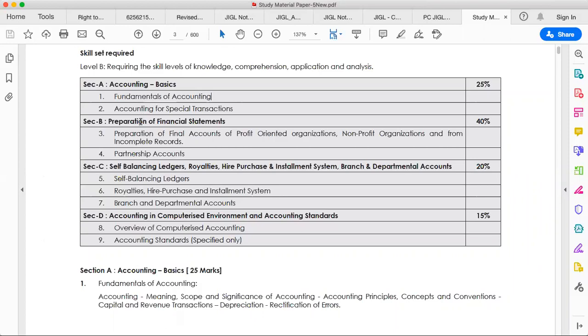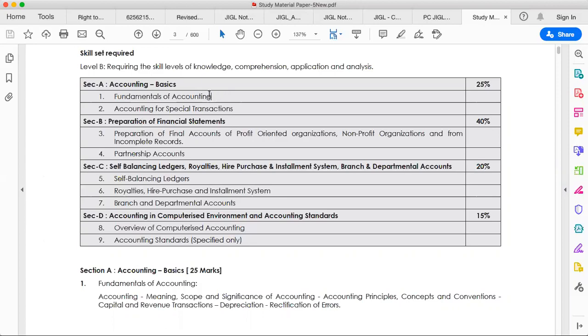Then the second part is preparation of financial statements. That also you have studied, like preparing balance sheets and all these things. Self-balancing ledgers, royalties, hire purchase, installment system, branch and department accounting come in part 3, and part 4 is computerized system, accounting in computerized environment and accounting standards. The first three parts we will look into in detail, but part 4, accounting in computerized system, will be in